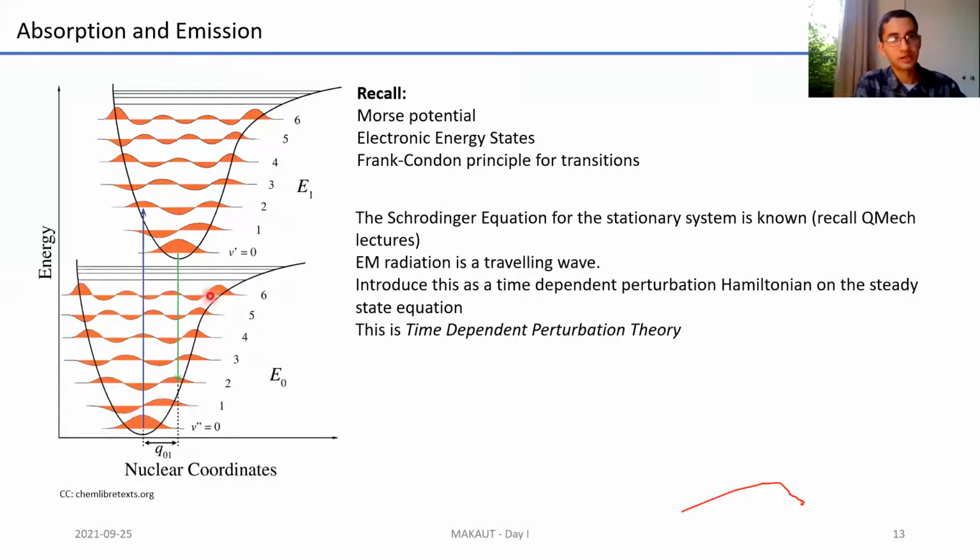And associated with the electronic energy state are these closely spaced vibrational states. Note here that the vibrational spacing slightly decreases as we go from lower to higher energy. This is a feature of the way in which we understand vibration, and it arises from the mathematics of vibrational energy.